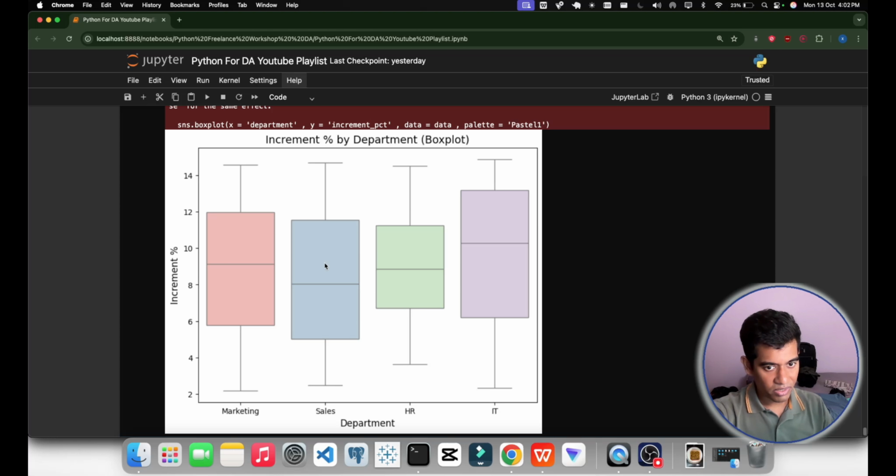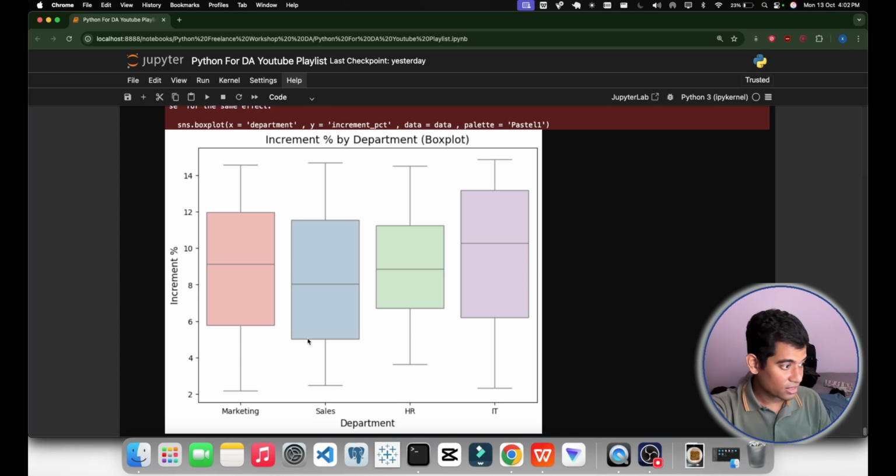In our salary data we have grouped increment by department. And in this we can see that IT has a higher median than most, with outliers. See the median, that's the highest and lowest part. This is the lowest increment, this is the highest, and this is the median. Same for this one.